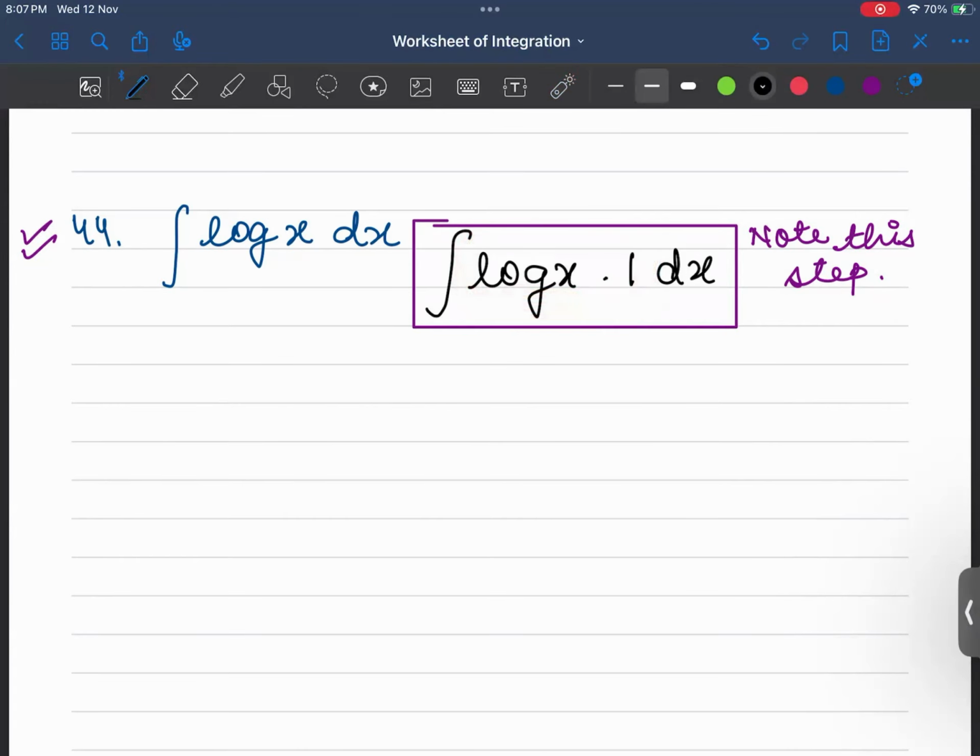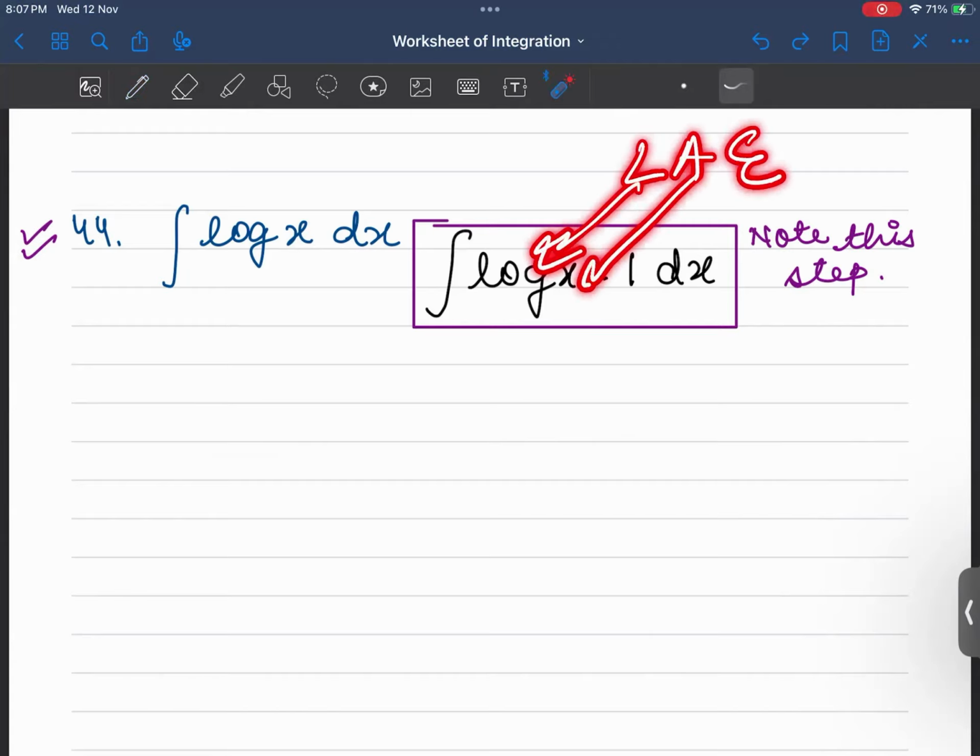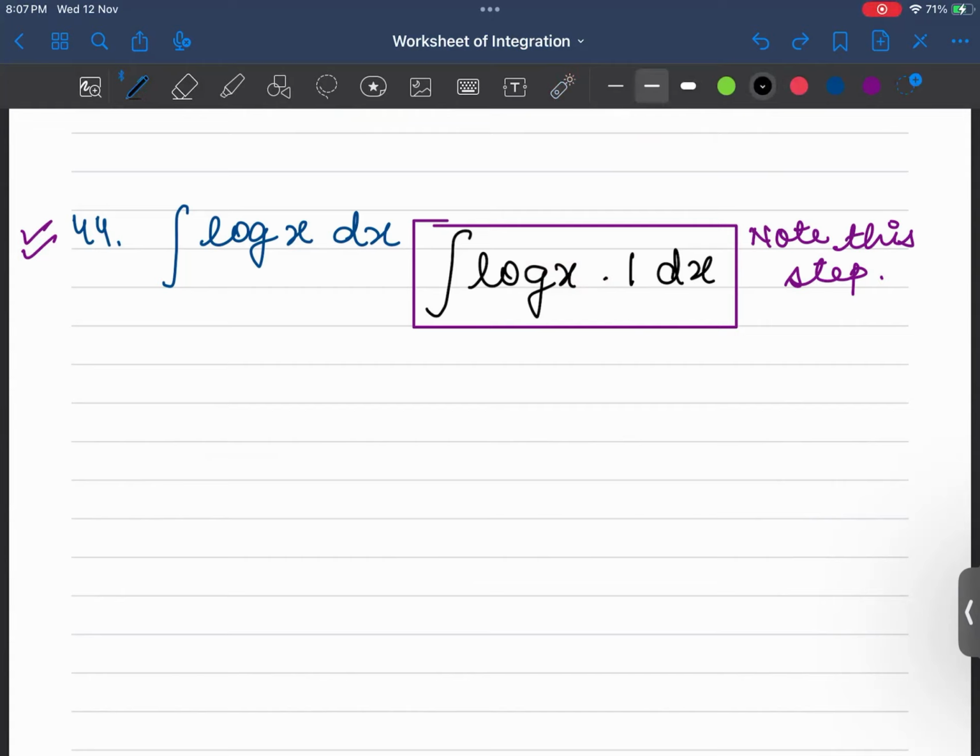Right? If we are multiplying by 1, it means now we have the two functions. When we have the two functions, we have to decide which function you have to take first. In this, we know LAE. Yes or no? We know LAE. In this case, L is log and algebraic is x. So I can write it as my first function is log x. Okay, and solve it. First of all, we will write log x, integrate